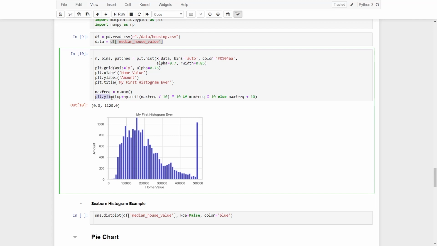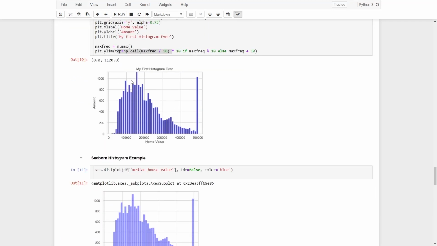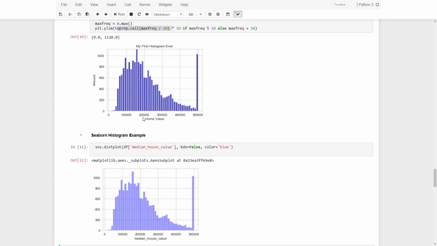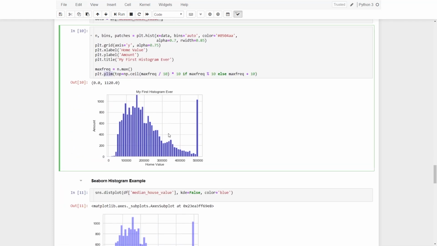So we do plt.ylim, and we set our ceiling value, and this will allow us to show our graph with the frequency distribution on it. But we can do it even easier in Seaborn, so we can just do displot and then pass in that value. And we can see we get pretty much the same exact plot minus the upper limit that we did with the y limit that we set on plt right here,